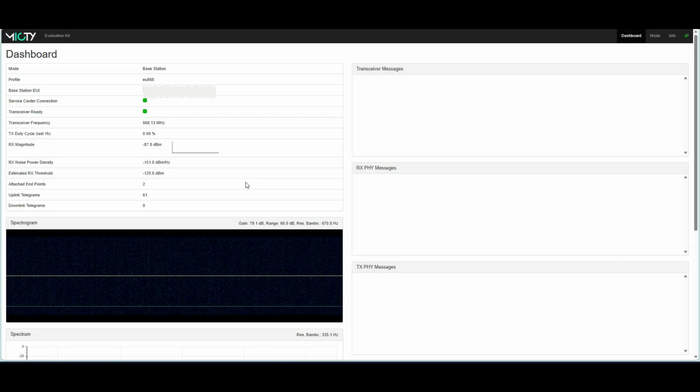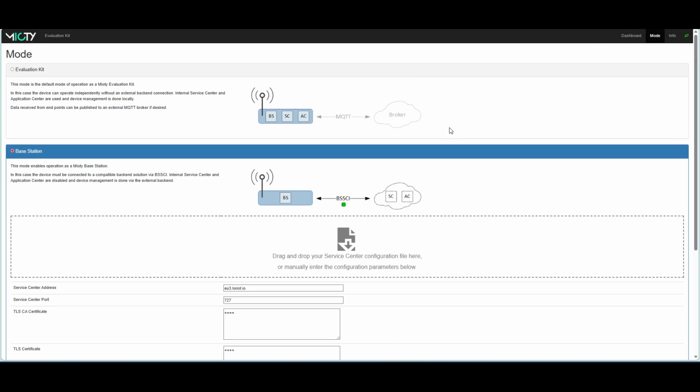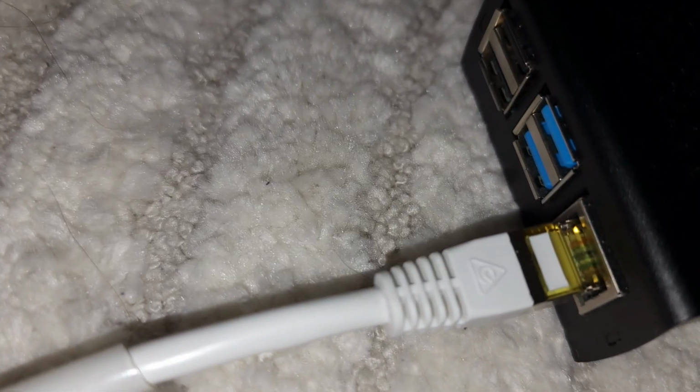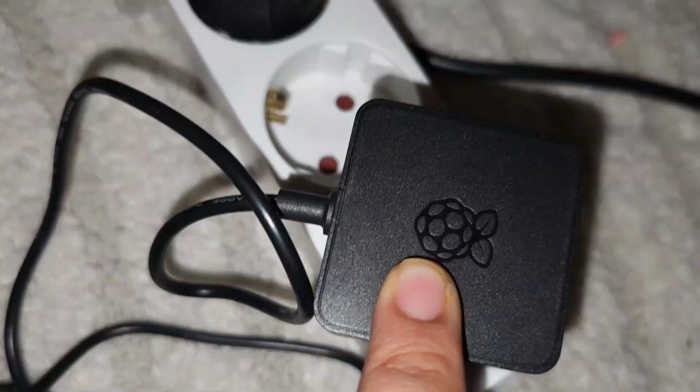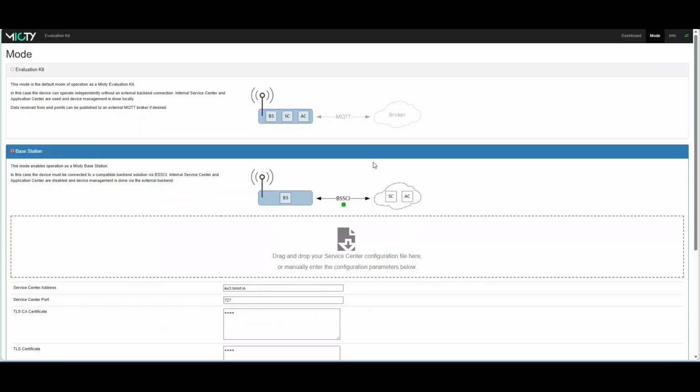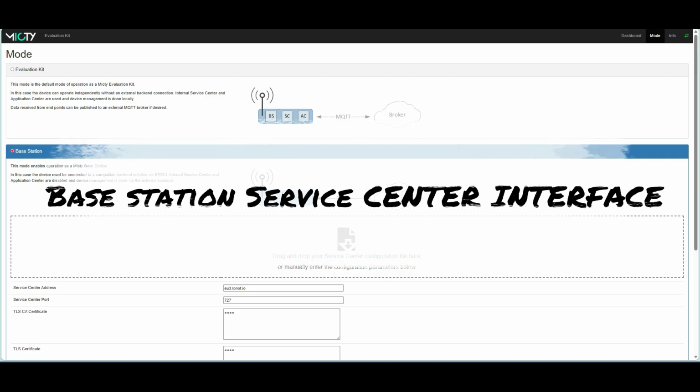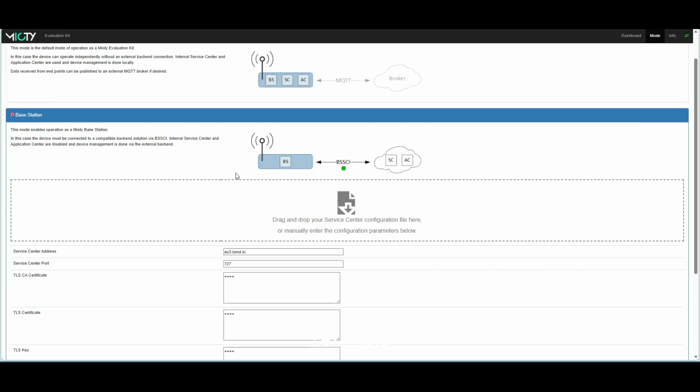This is the user interface of our MIOTY base station. Our MIOTY base station here is part of an evaluation kit, and it could be used as a base station, service center, and application center also. But in this case, we will be connecting the base station to the LORIOT service center and application center via the BSSCI protocol. And we can see here that our base station is successfully connected and linked to the LORIOT